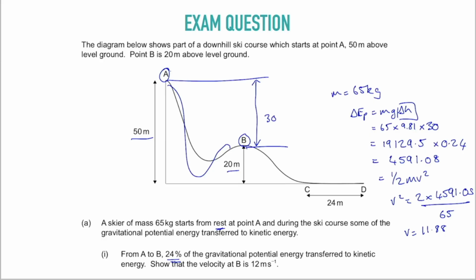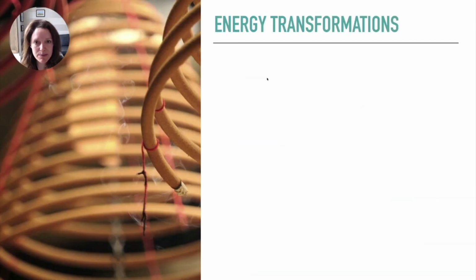All of the data is one significant figure, one significant figure, two significant figures. In this case, it's more appropriate to give it to two significant figures, so 12 metres per second, which exactly matches that given in the question. Classic example of one of the most common types of energy transformation questions in paper 2. The next type of common energy